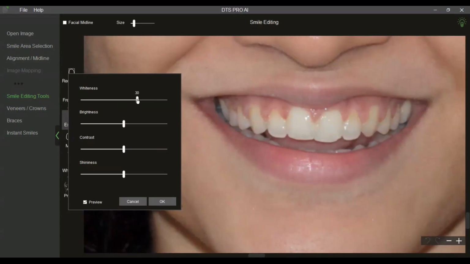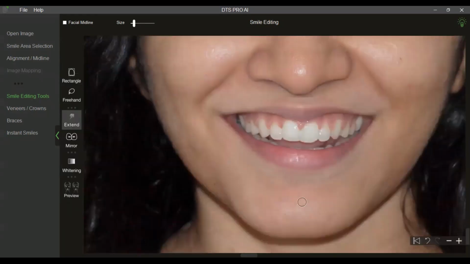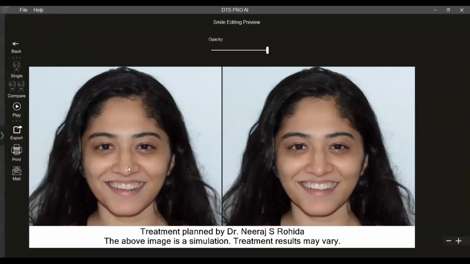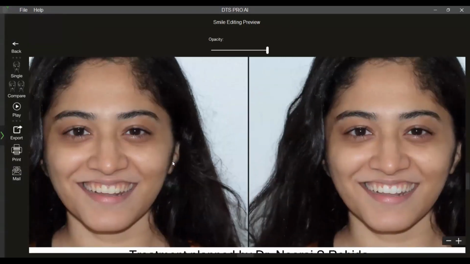Plus 30 is approximately 3 shades of clinical whitening, and so on and so forth. So I can just propose some whitening, maybe increase the brightness a bit, and my whitening simulation is done. So for patients who want to undergo bleaching, you can do a very quick whitening simulation there.